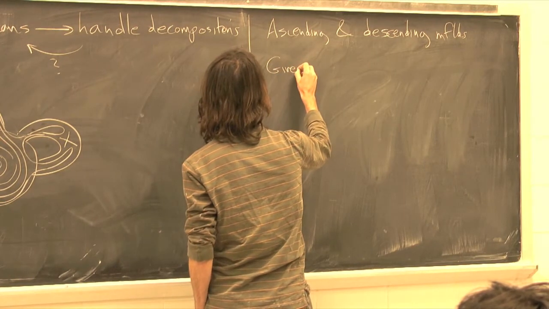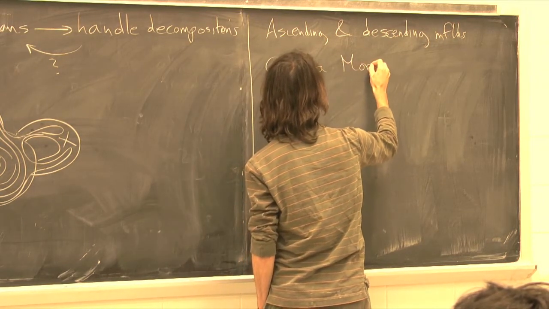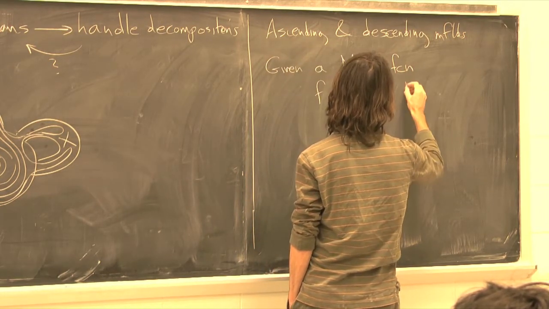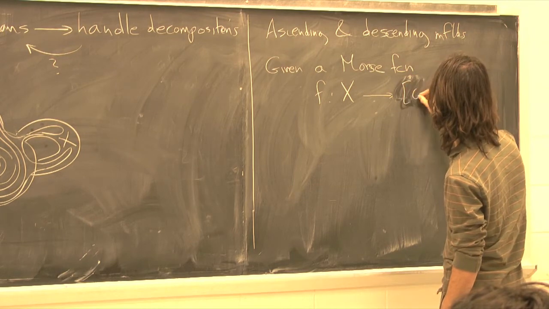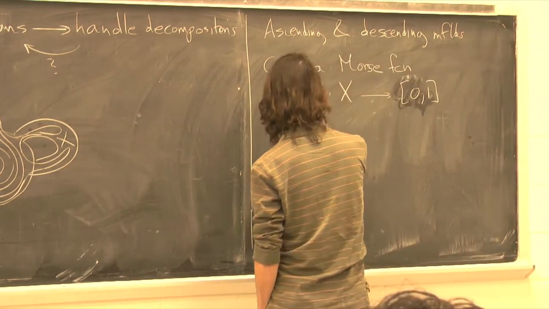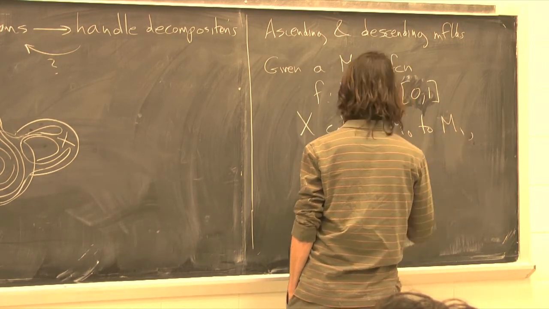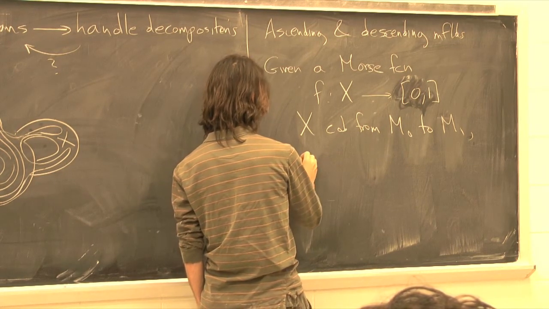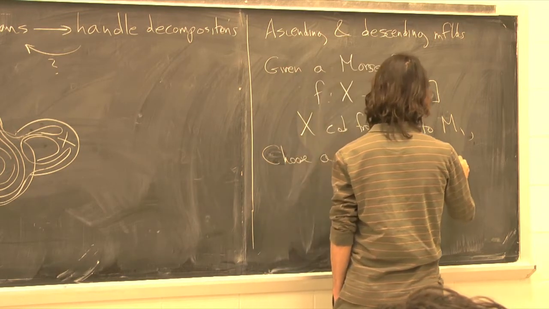So given a Morse function f from a manifold X to R, or to an interval, right? Let's stick in the world of coordinates. If I write this, that implies X is a coordinate, X is a coordinate from N0 to N1. And given a critical point, the first thing we're going to do is choose a gradient-like vector field